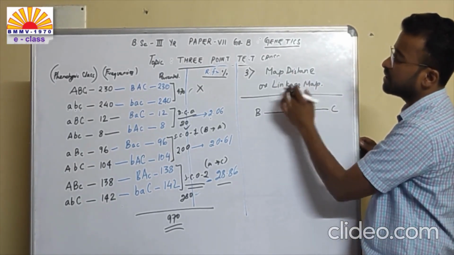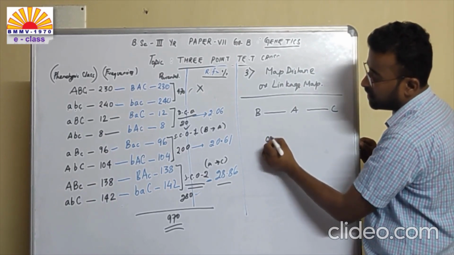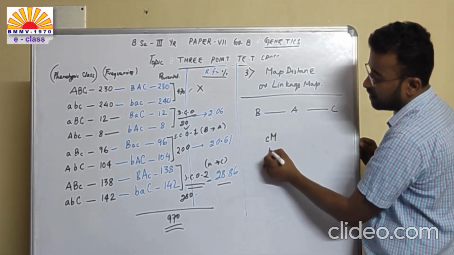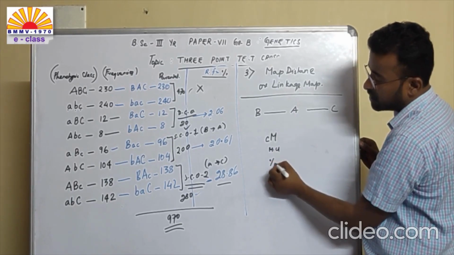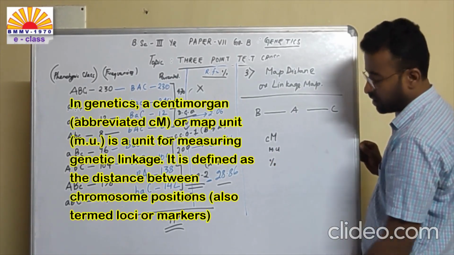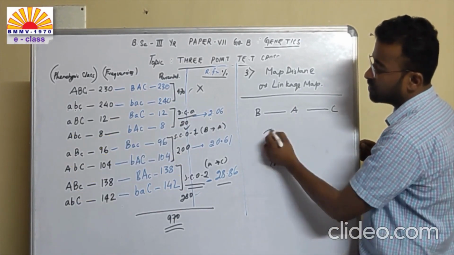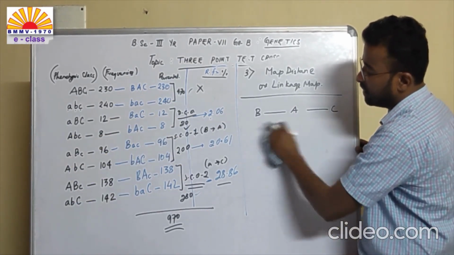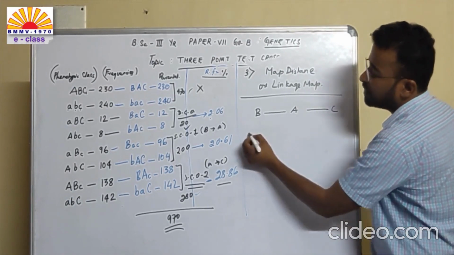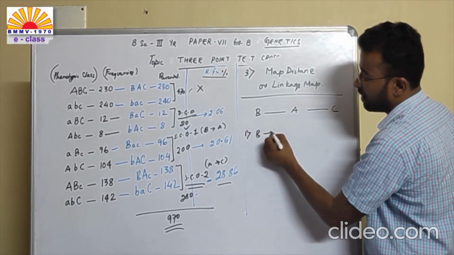The map distance is actually measured in terms of centimorgan, map unit, or simply percentage. That you should all remember: centimorgan, map unit, or percentage. We are going to use centimorgan. Now, for map distance between B to A,